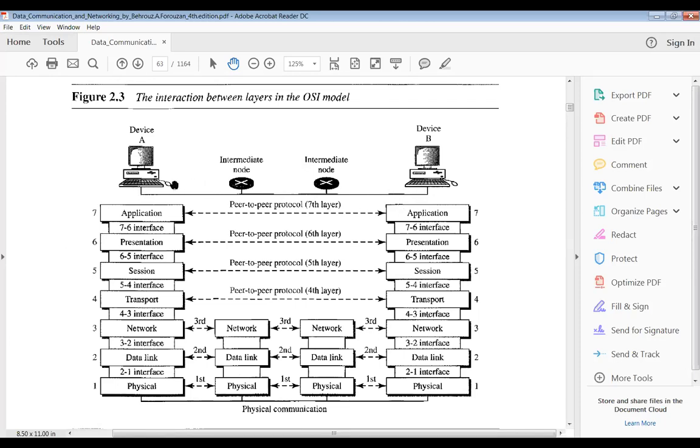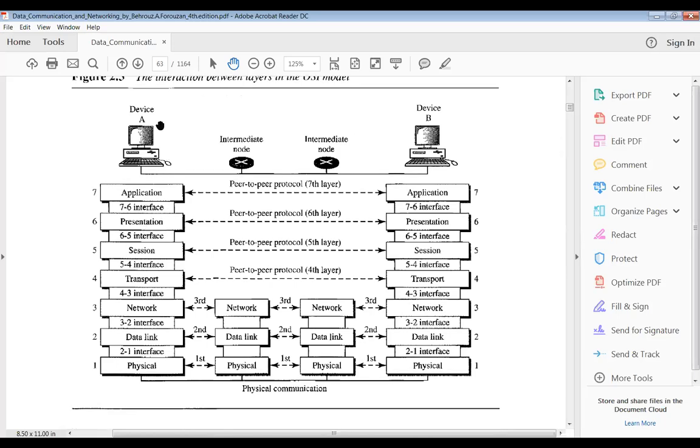So directly we can't send the data. Why? Because if the distance is long, your signal strength will become weak. That is the reason we can't send your data directly. We have to reroute through the routers, and from there send to the next succeeding node until it reaches the destination node. Okay, see here. This is the sending device and this is the receiving device.